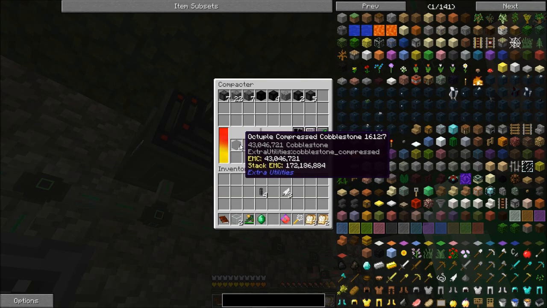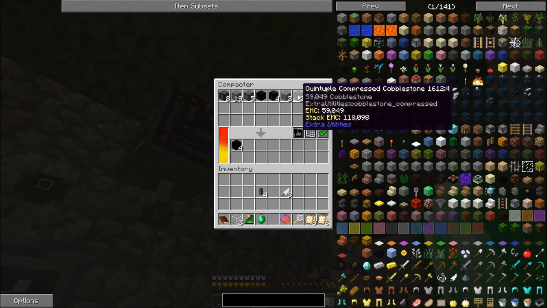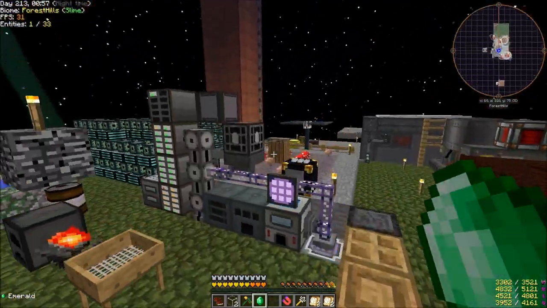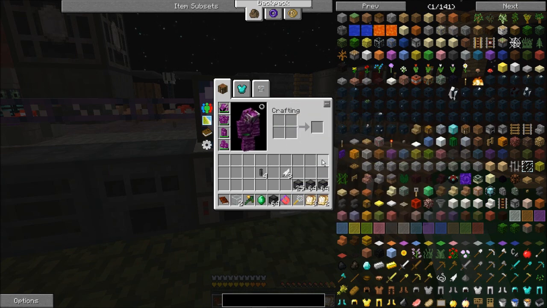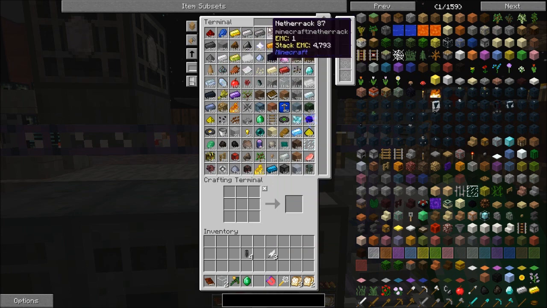Let's come in here, where I've got, holy crap, I've got 4 octuple compressed cobblestone. Let's go ahead and take one of these sextuple, and we're going to break that down and put that in my system. I'm going to break that down into quintuple, and we'll break those down into quadruple, and we'll break some of these down into triple. We'll toss those in the system, and we're going to make some bedrockium ingots, which is